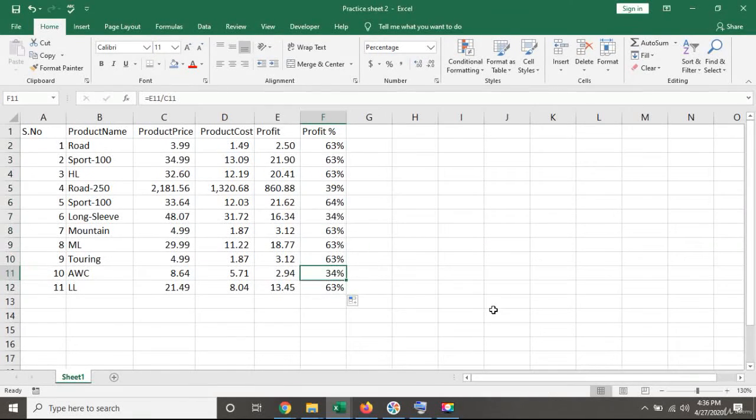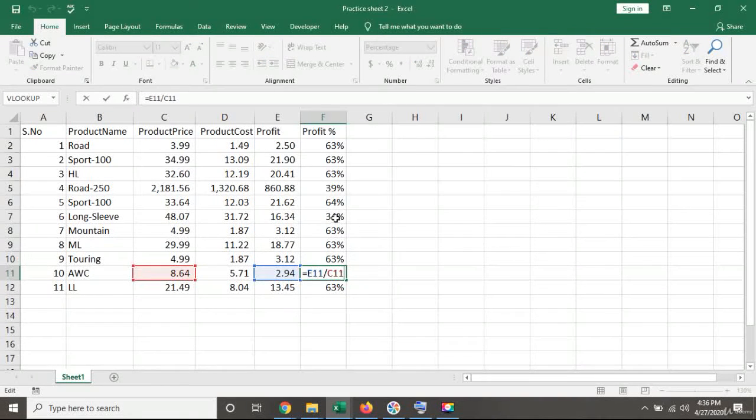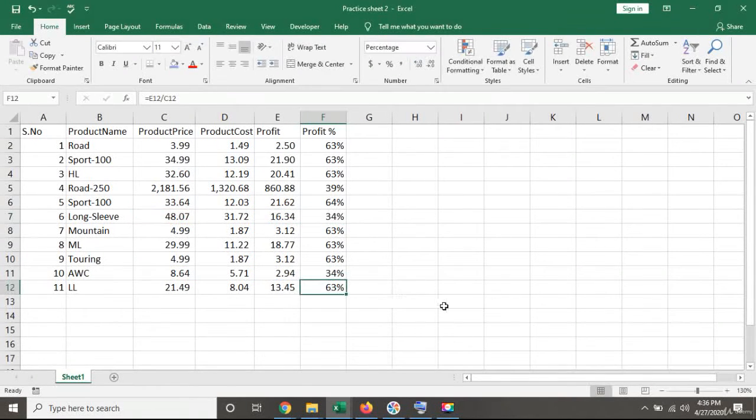And now you can see, just press F2 on any cell and you can see that Excel has correctly taken the relative cells to apply the formula. Okay, perfect. So my data is in very good shape now. What I need to do is the totals for this product price here. To do that, I can simply apply the auto sum.